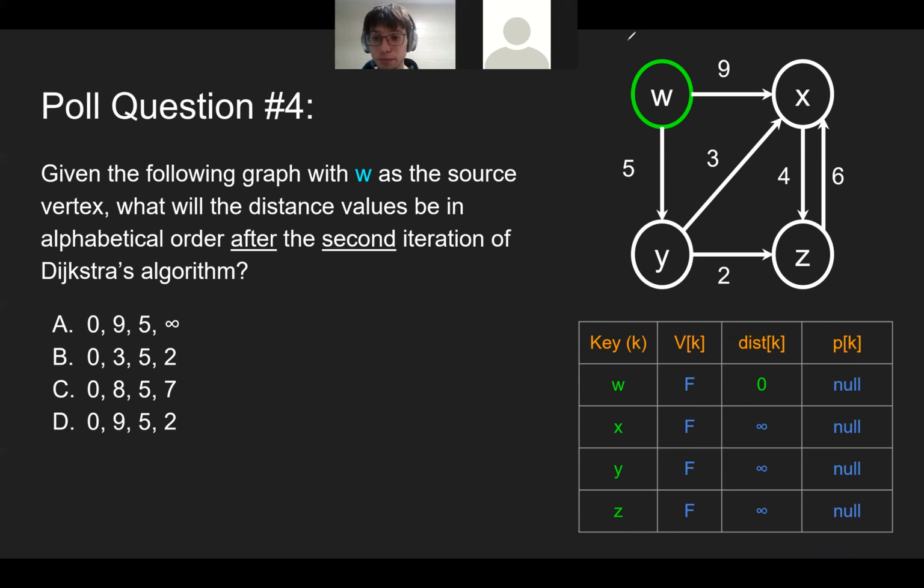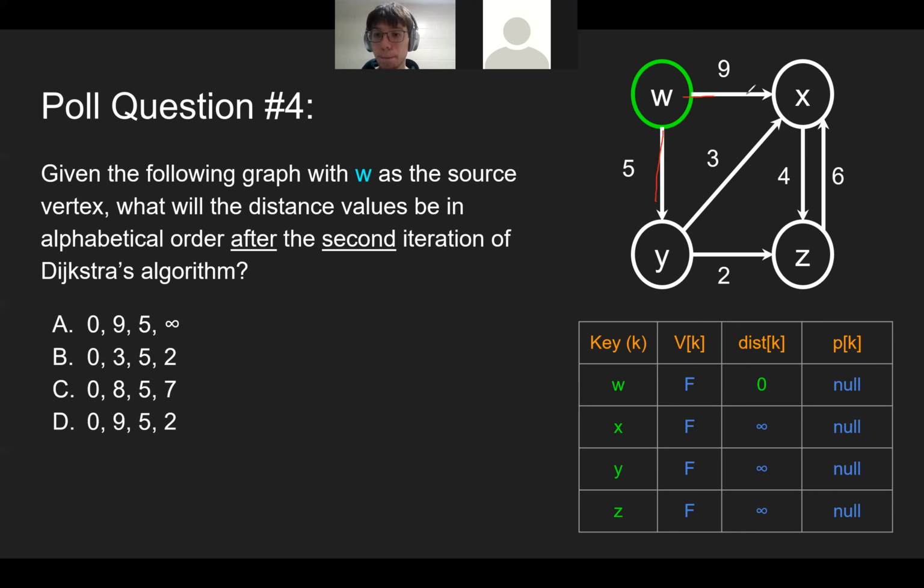So for the first iteration, we have to visit X and Y. When we visit X, we will update it to a distance of 9 and the previous being W. And for Y, a distance of 5 from W. Then the second iteration, we'll need to visit Z from both Y and X, and then visit X from Y. So X from Y is going to be,